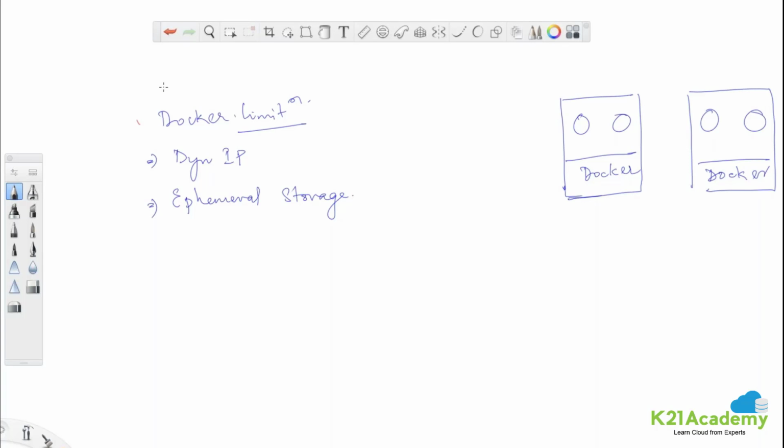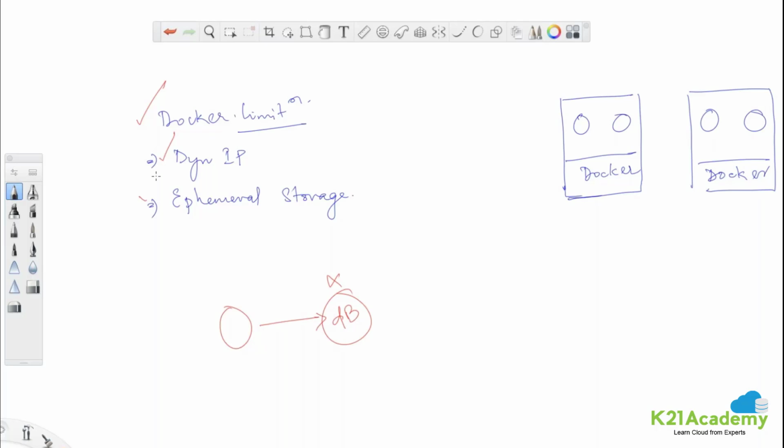So we had a few limitations with Docker, which was that it had a dynamic IP address. As someone asked, yes, on restart, the IP address changes and it's not static. So just imagine I have a front end and a back end container. If this restarts and it loses its IP address, we struggle with that, right? So this was one of the pain points.